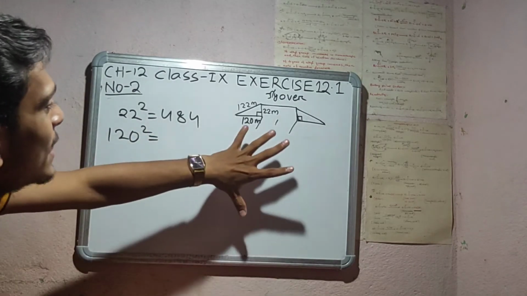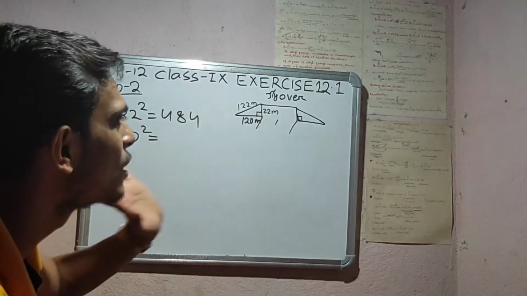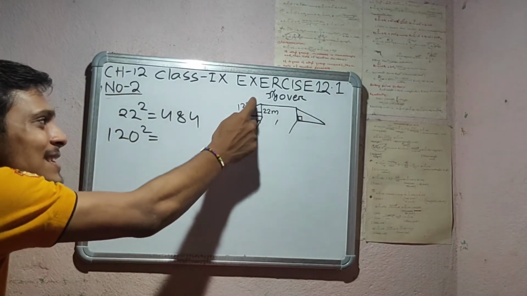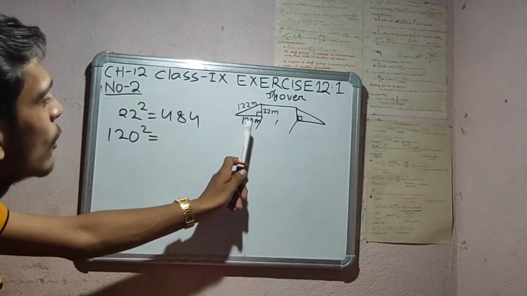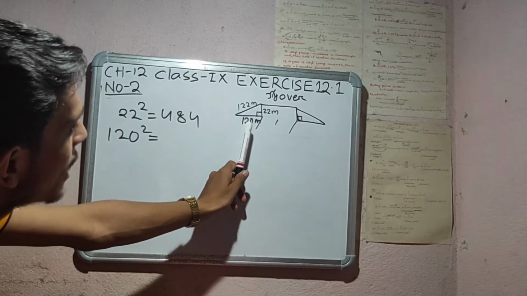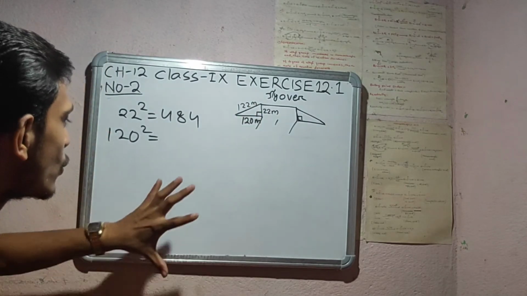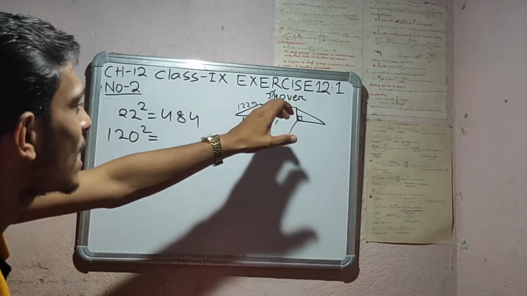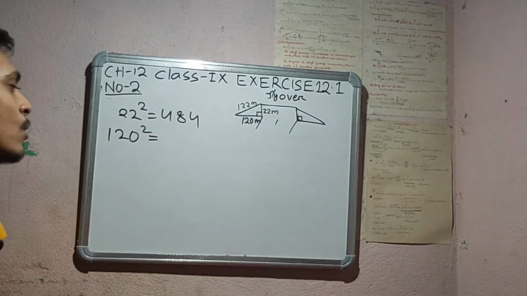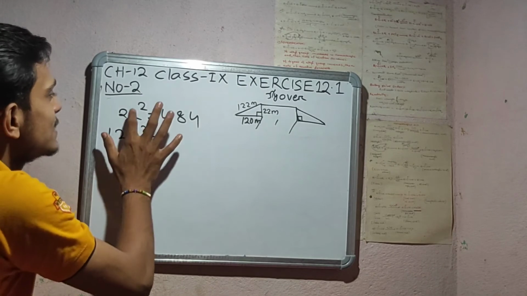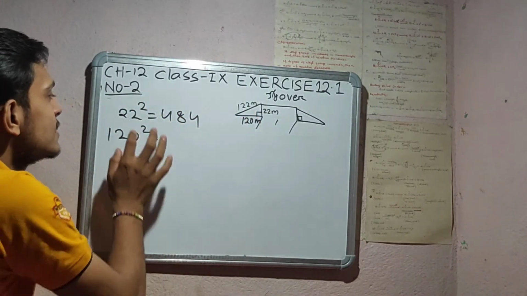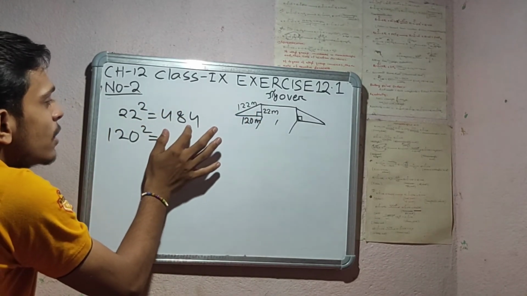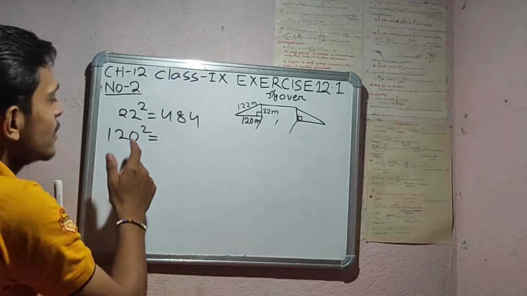Okay, so here we can find the height easily. Because this is a right angle triangle, you can also apply the area formula for a right angle triangle and don't go to Heron's formula. Okay, you can easily find the area of the right angle triangle without using Heron's formula. How can you recognize? That is 22 square is 484 and 120 square is